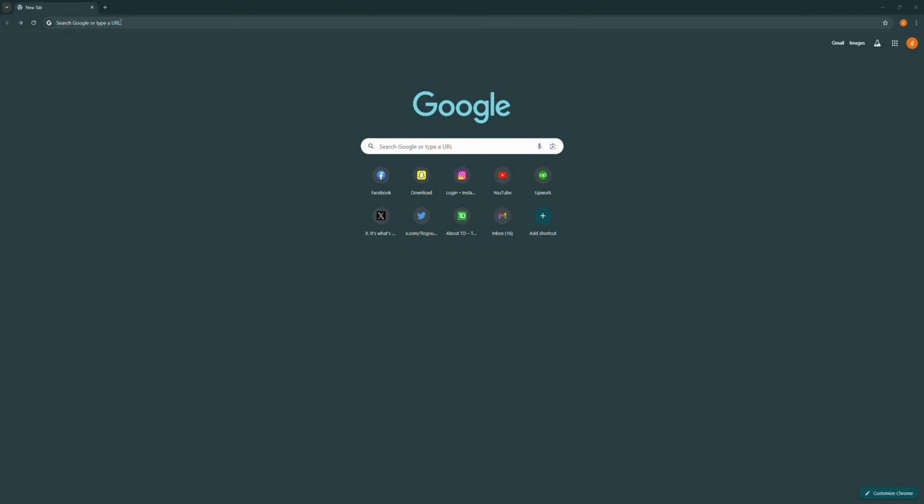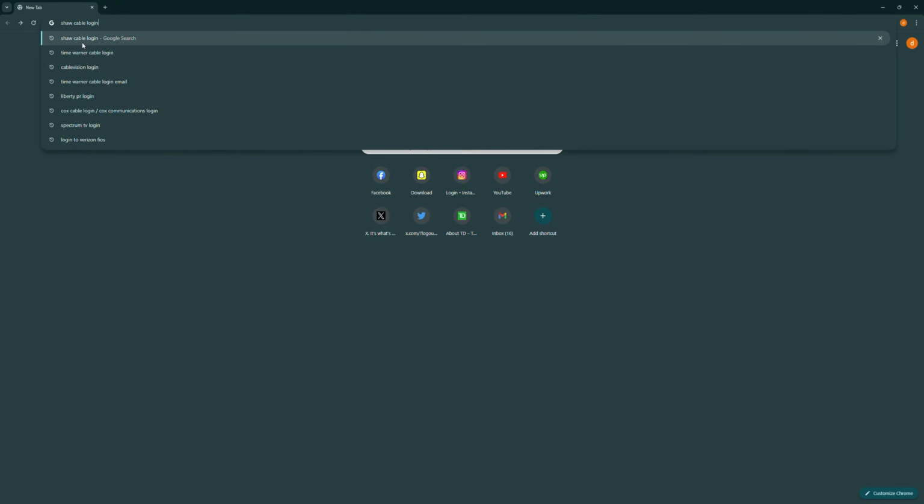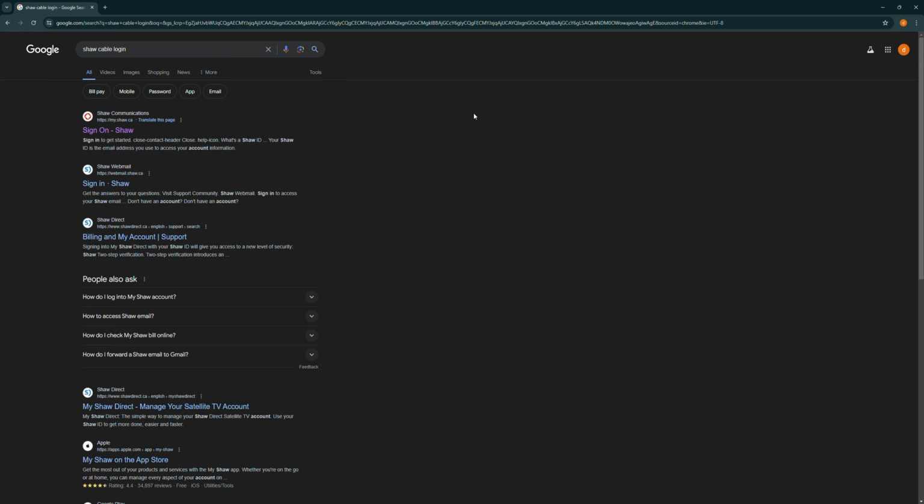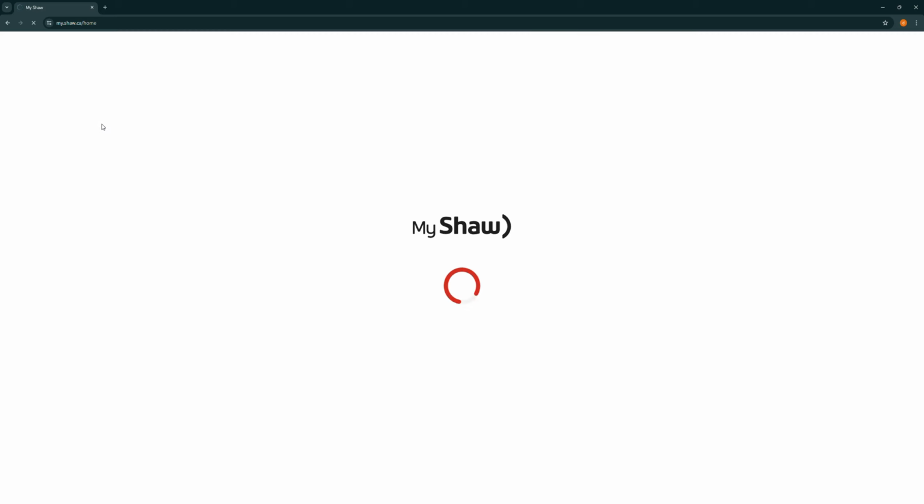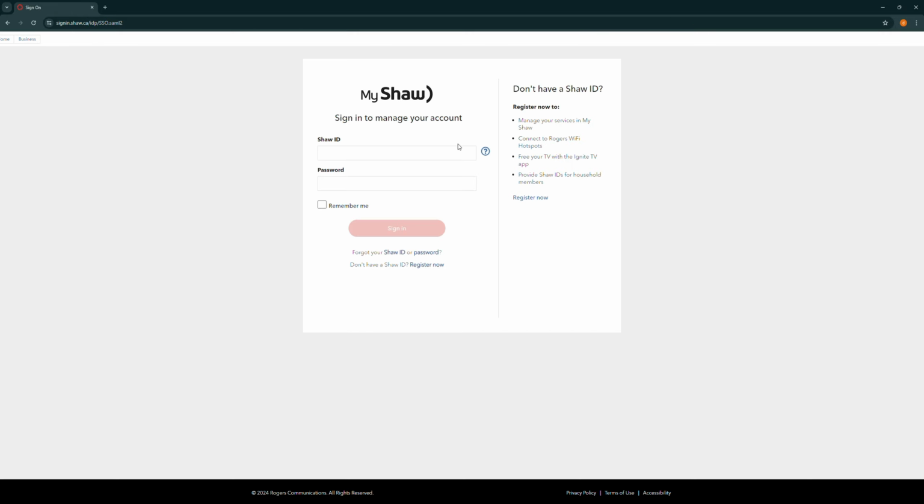What you need to do first is open up a browser of your choice and then search for Shaw cable login. Then select the first link and this will take you to Shaw Communications official login page where you need to enter your Shaw ID and